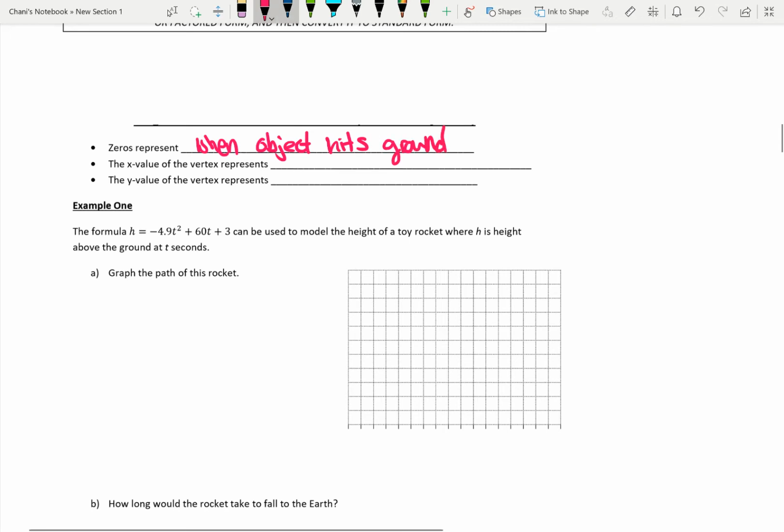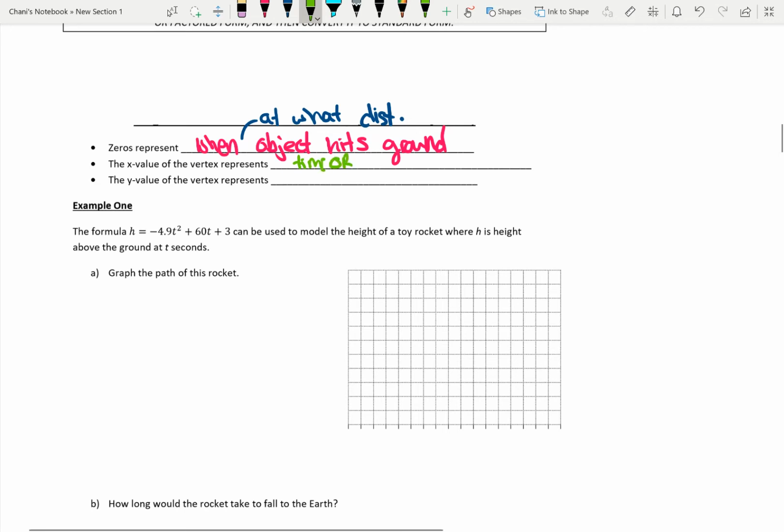So I should say when or at what distance. It depends what the independent variable is. So if it's height versus time, it would be when, but if it's height versus horizontal distance, it would be at what distance. The x value of the vertex represents the time